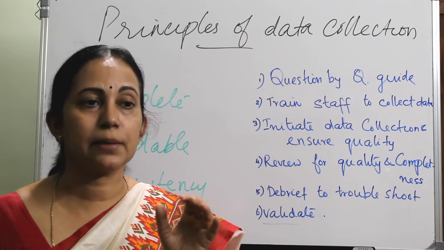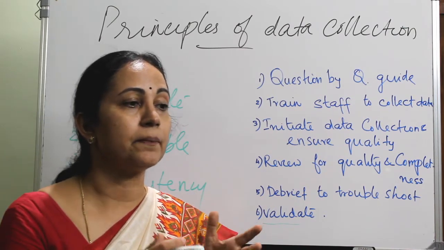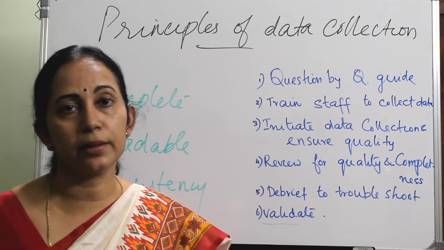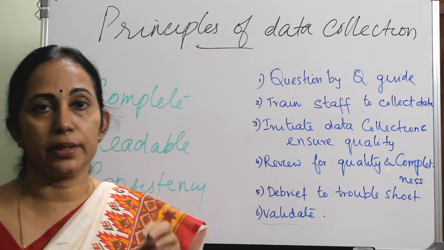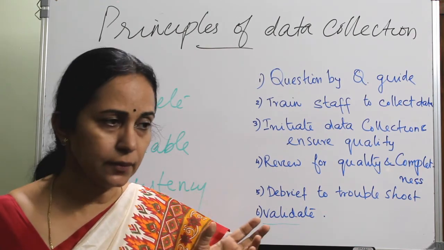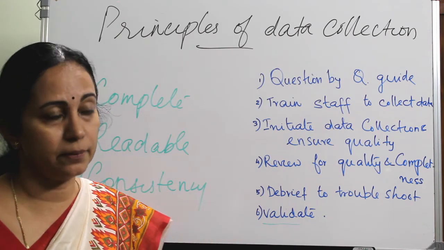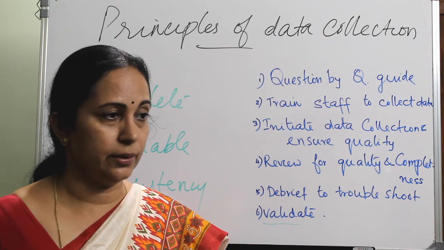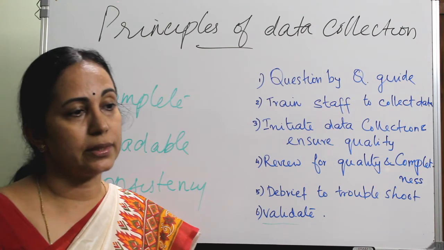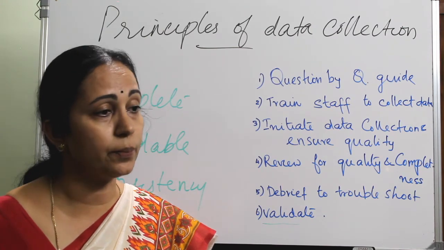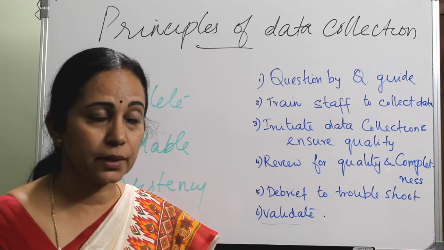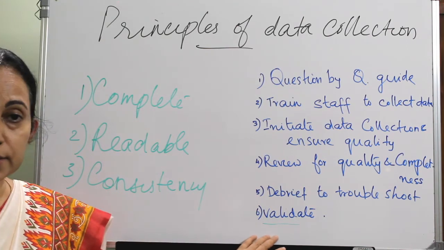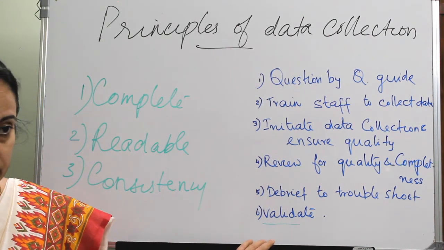Sometimes some investigators may not be sincere. They want to complete the process and go back. So all those problems can be caught at the proper time, and also you can find out whether the investigators are sticking to the Q by Q guide. So if there is any problem, either you can change the questions, or you can find out what the problem is. You can change the investigator, or any other corrective measures can be taken. So that is a very important step in data collection.